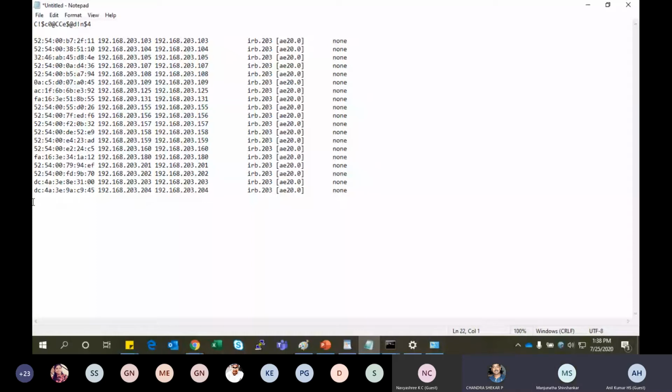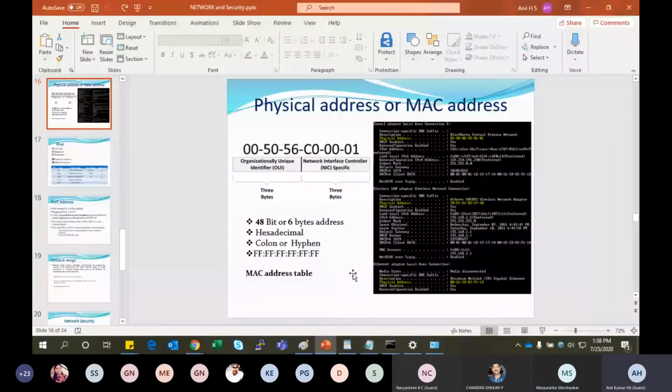Okay, so in that switch there is no MAC address for the ports then? There will be. If you take a 48 port switch, each port in that switch has some MAC address bound to it, only for layer 2 communication. To understand this, the MAC address means the data link layer, the media access control layer, which identifies whether this hardware address belongs to a computer or a printer. So it has to identify, right?